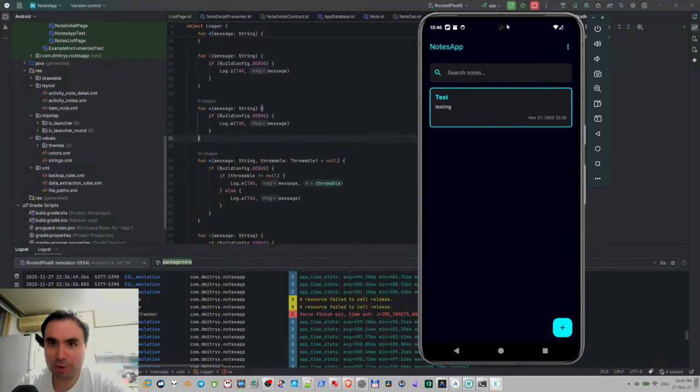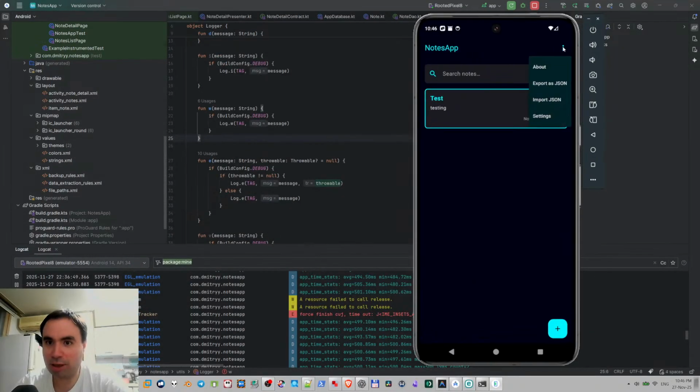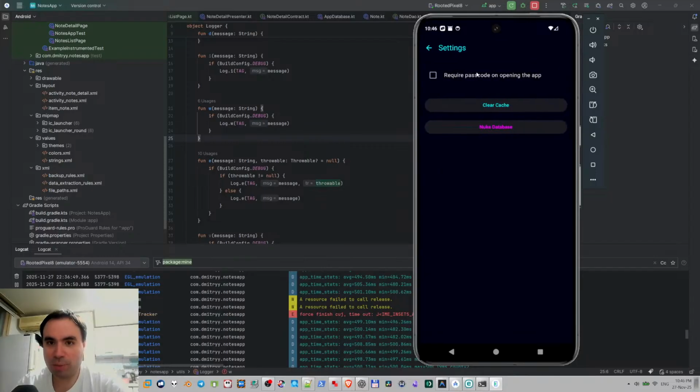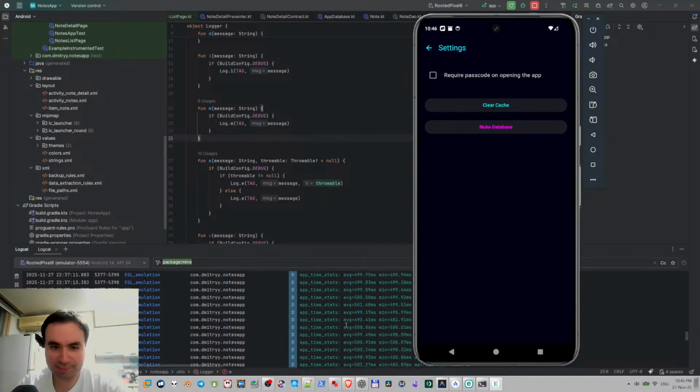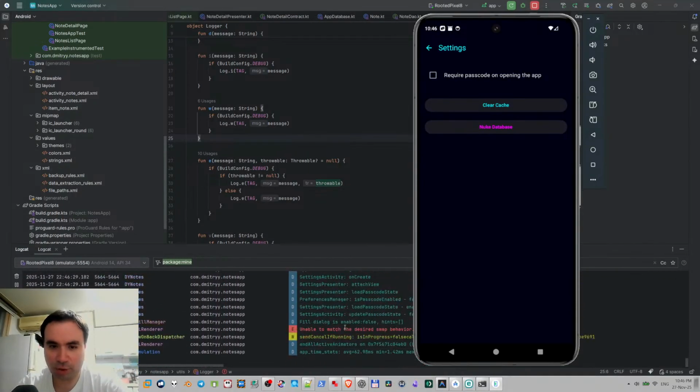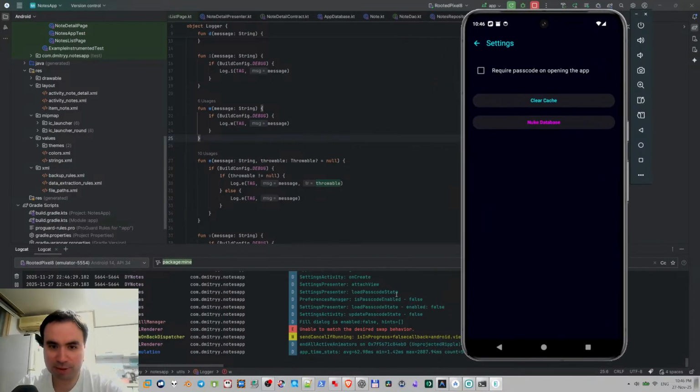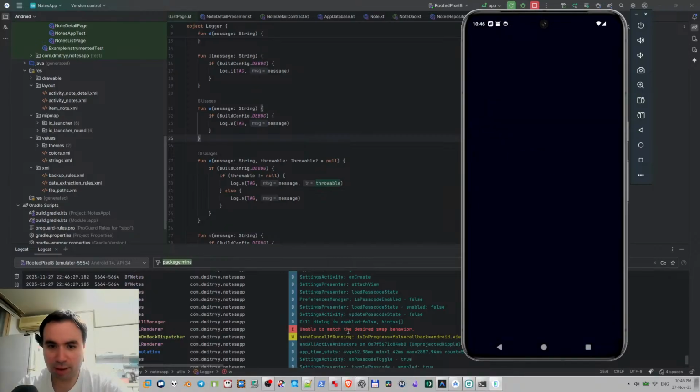Okay, any questions? Let me know. I especially like this input. I mean, seriously, guys, I love this input. Okay, require passcode. So if I press this button, guys, it should ask me to enter the passcode. Settings presenter load passcode state. Is passcode enabled? Yeah, it basically says false. But if I check it,